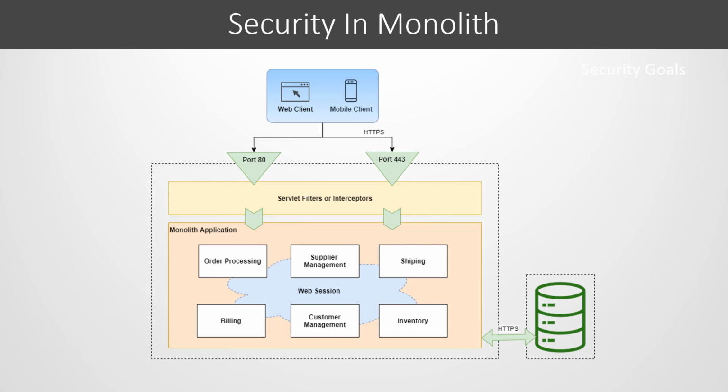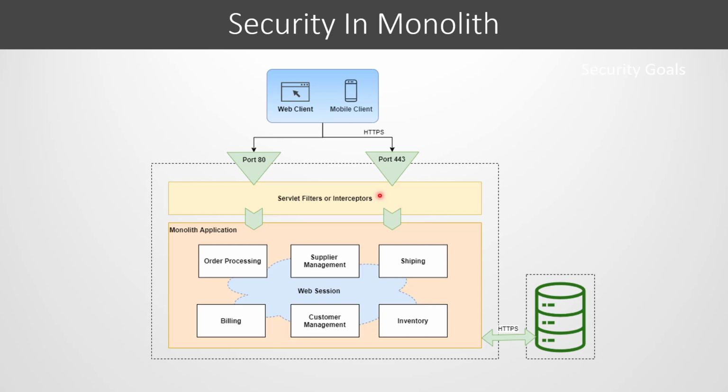We have various modules in the application which are running on the same host under the same application container. User can access application resources over HTTP or HTTPS. Once he enters the application, the user will be authenticated and authorized at the interceptor layers, like the one Spring Security has. If the user fails authentication or authorization, his request will be rejected.